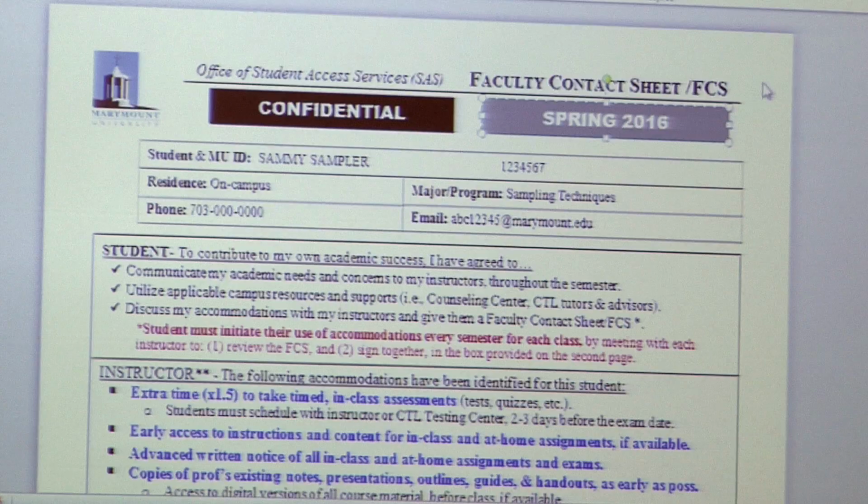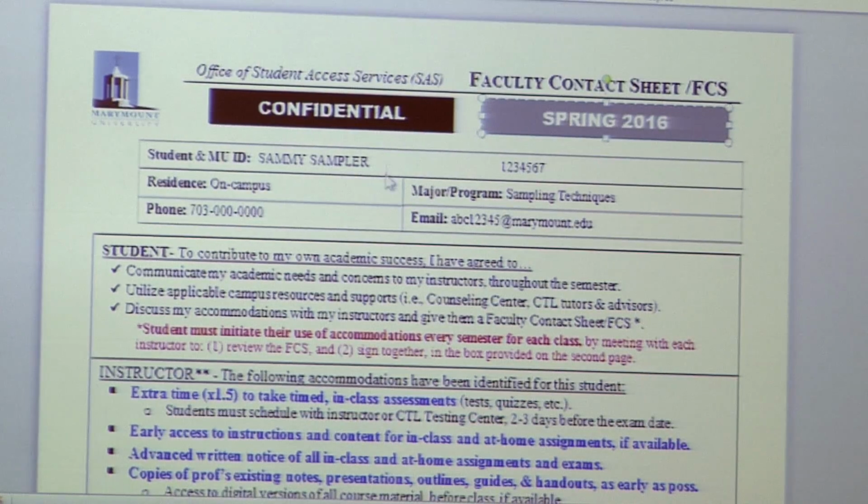They do not need to meet with me or submit new documentation. They can get this electronically. Unless they want to change the accommodations that they're approved for, they do not need to meet with me. So if a student has said that they don't have their letter to give you because they haven't gotten it from me, that's incorrect. They can just email access@Marymount for a copy.